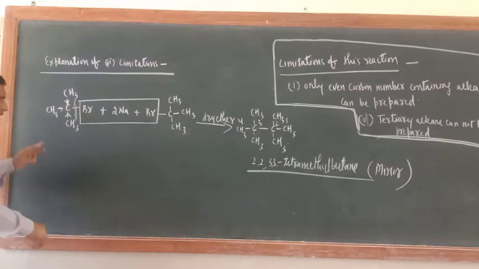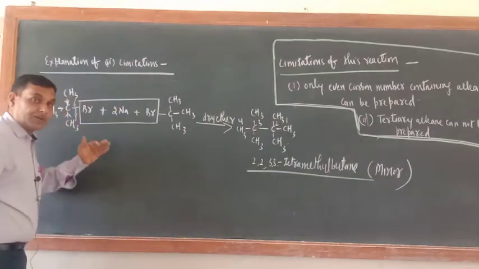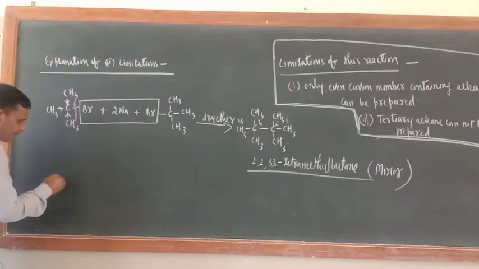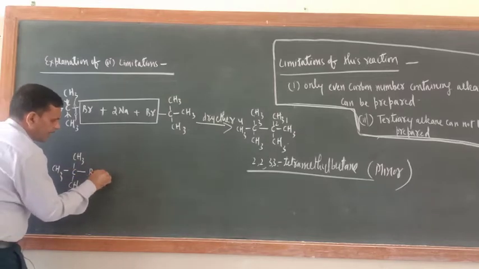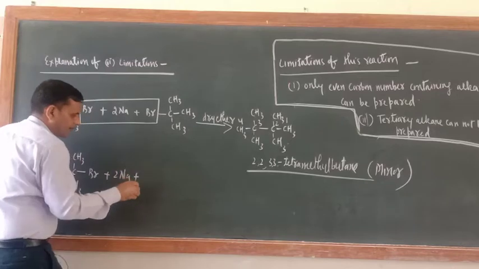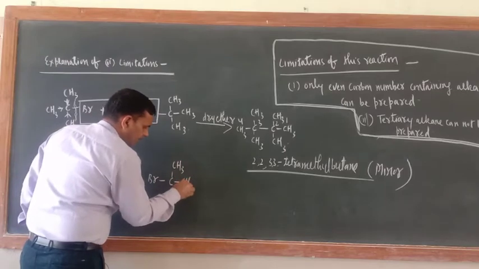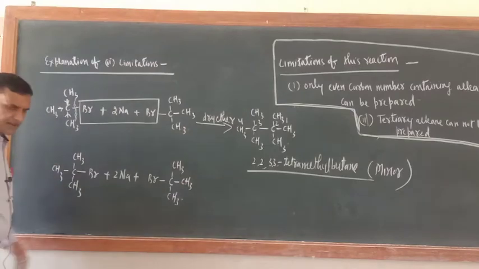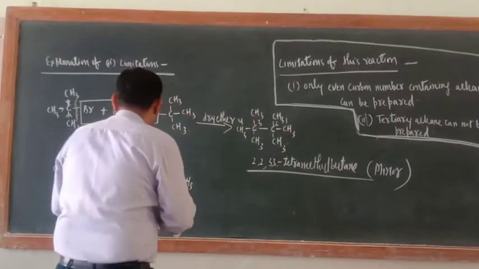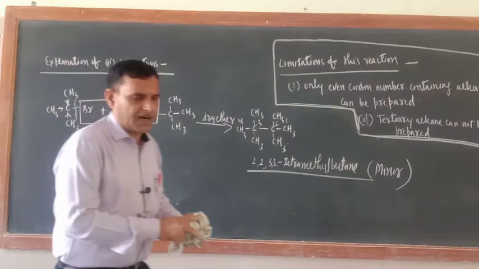So actually, see the other way, why this will become the minor product. Actually the major product will be the alkene. See how: C here, CH3, CH3, CH3, here Br, plus 2 sodium, plus here Br, C, CH3, CH3, CH3. Now try to understand here. Actually both molecules are not required, only write one molecule. This will undergo dehydrohalogenation.